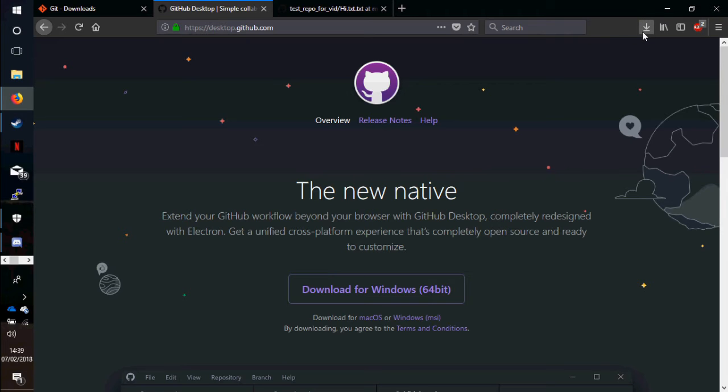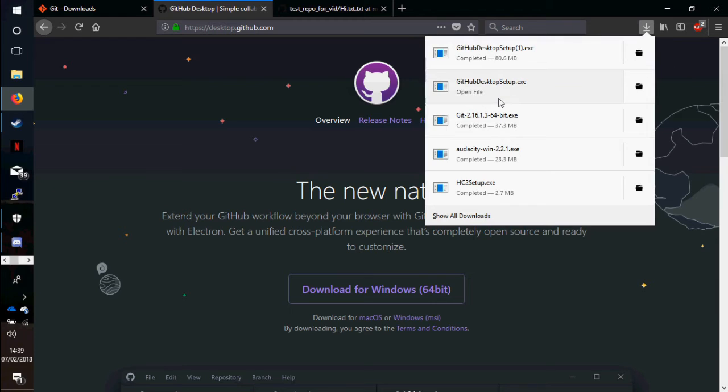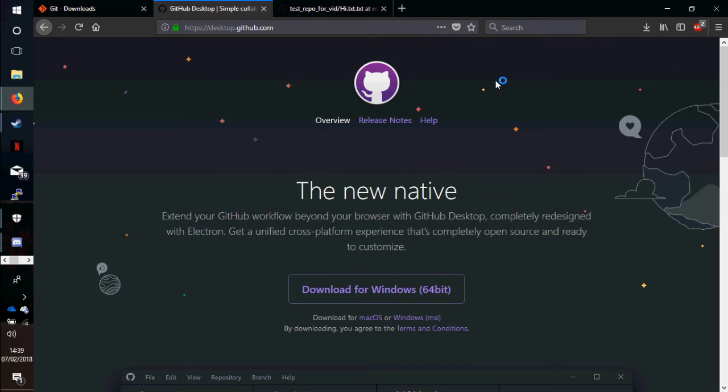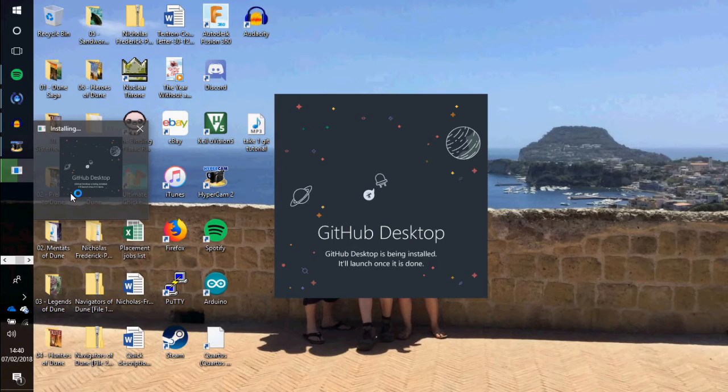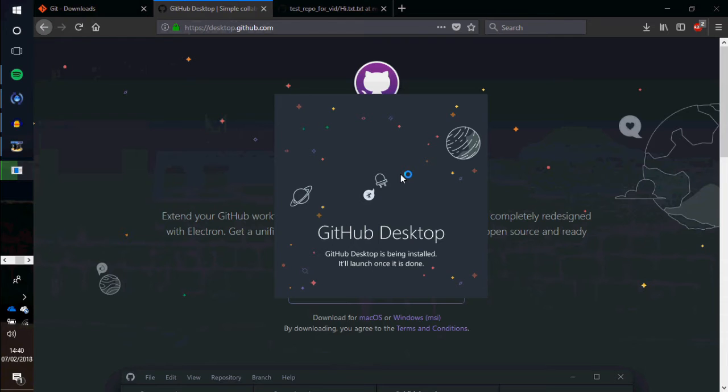So I've already installed it, so I'm just going to click here to run the installer. Wait for it to load. I will get back to you at the end of a cut. Okay, now we're going to have this. I believe it might ask for your permission, but I've tried to install this a couple times because I've recorded this video a couple times, so it doesn't ask me here. If it does, just say yes, but otherwise you'll just see the installer. Progress bar is over here on the left. And once that is ready,